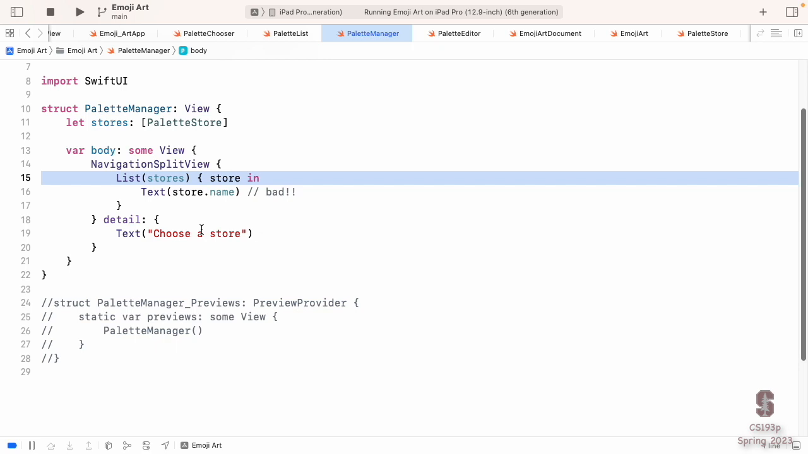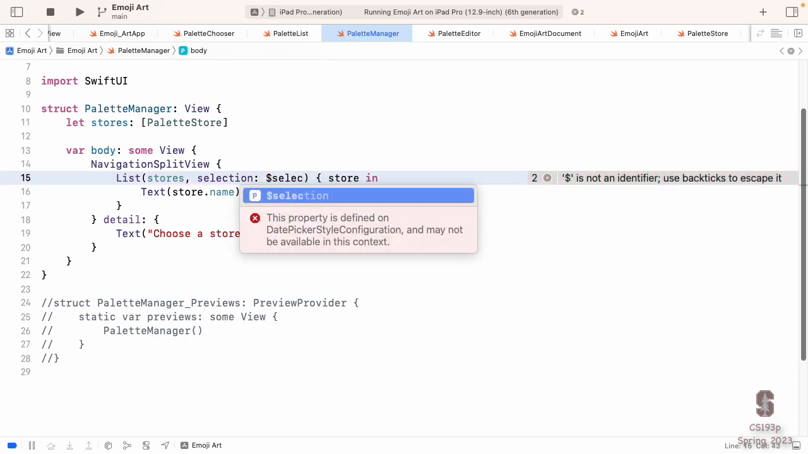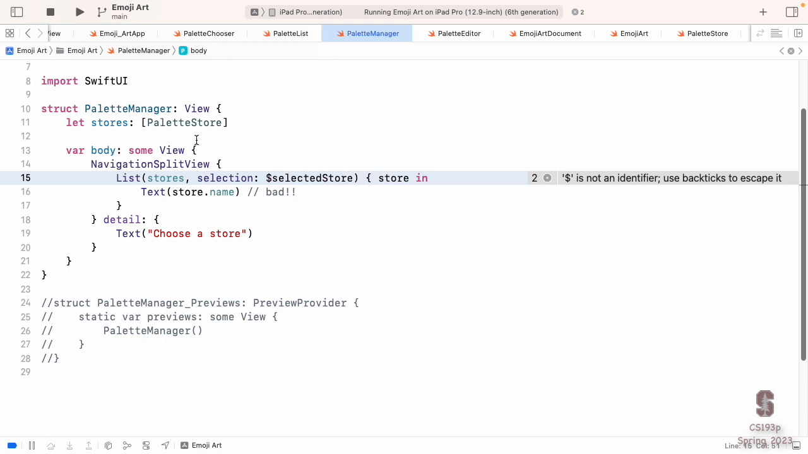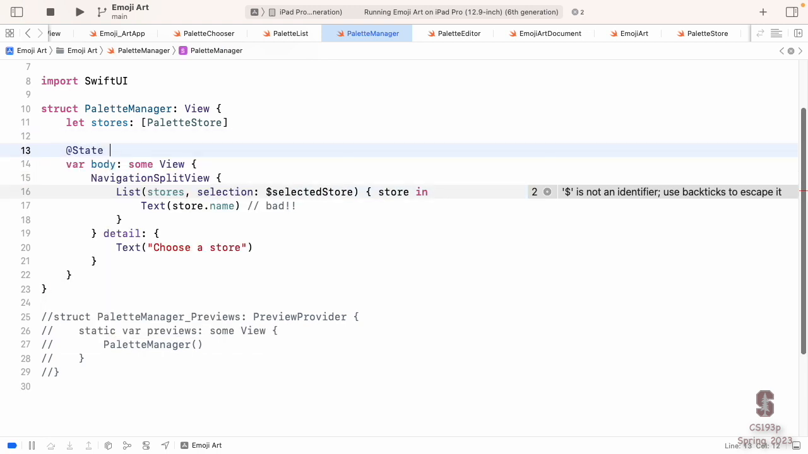And this is valuable anytime you have a list, not just in this case where you're in a split view. It's really easy. You just say selection, and you have to provide a binding to something that can identify that selection. So I'm going to call this the selected store, and I'll put a little @State up here, private var selectedStore,